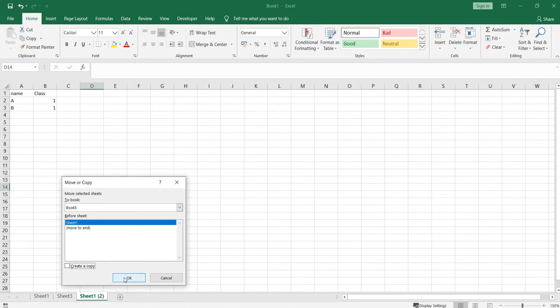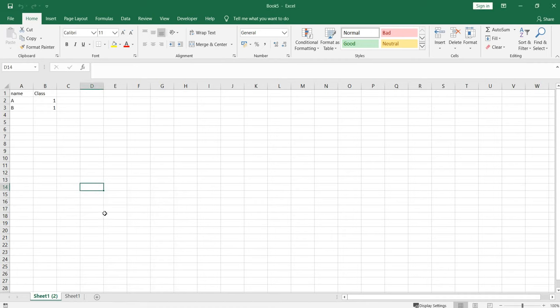So I'll move it right now. Click on OK. Now you can see in book 5, I have this same sheet 1 bracket 2 which I had created in this book 1, and it's not available in this book. So initially this sheet 1 bracket 2 was available in our book 1.